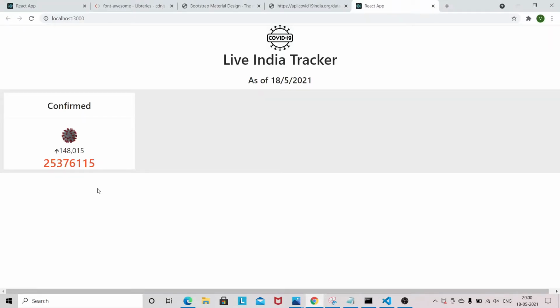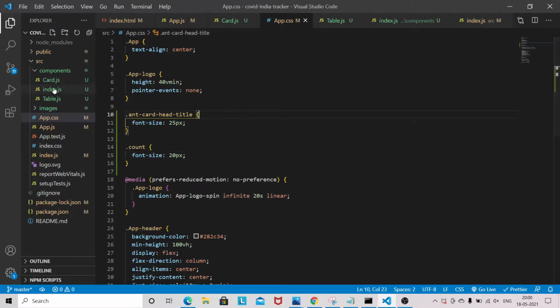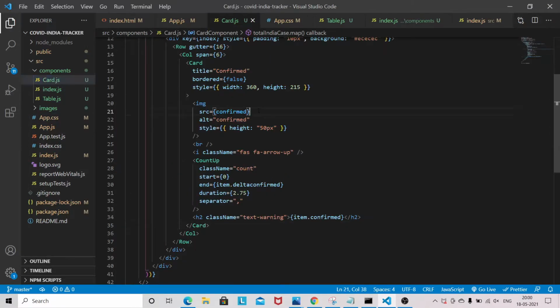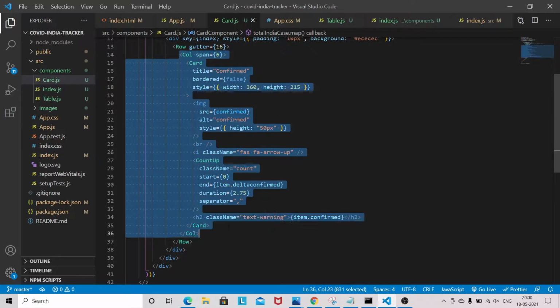Now we are able to increase. So the first card we are able to implement. The rest of the cards will be implemented like that only. So I will just copy. Only small changes are required.